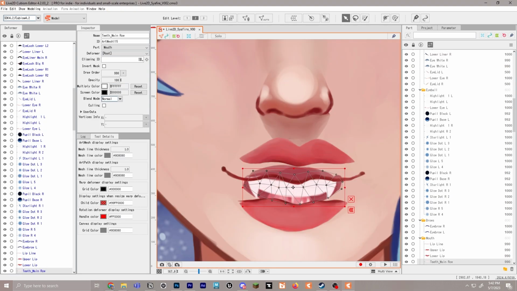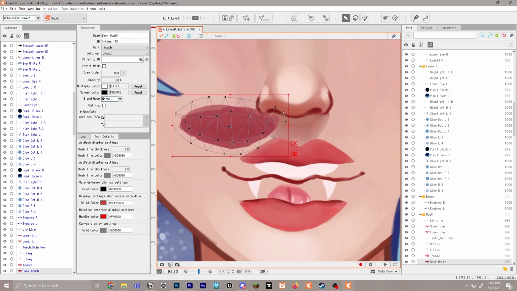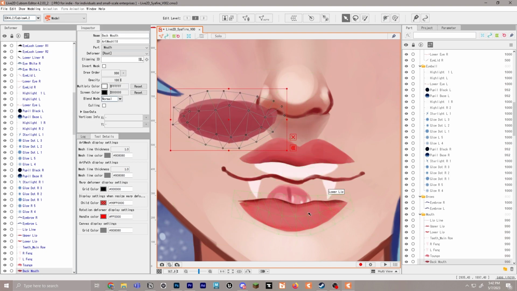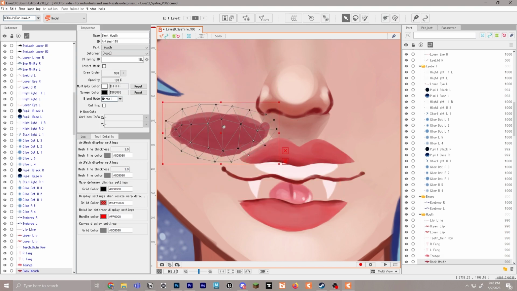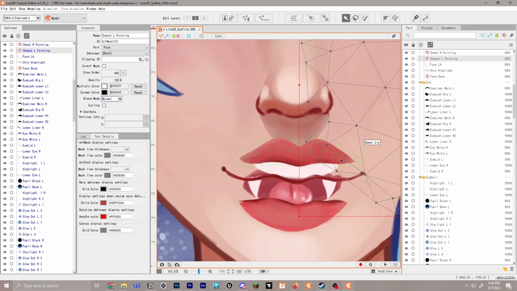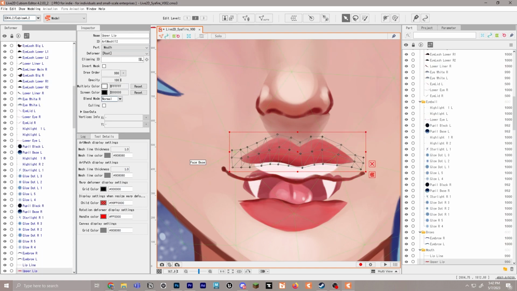For the next pieces, not everybody has the teeth and the tongue. It depends on your model, but I would do a similar thing to what we were doing with the eyebrows for something like teeth that goes straight across. For the mouth, again, because it's kind of that circle shape like the eye white, we'll do the same thing we did with the lips and the eye white. And for the tongue, same concept as the mouth as well, where we'll do it like the eye white. So I'll go ahead and do a speed mesh section here, and you can feel free to slow down the video to see what's going on.